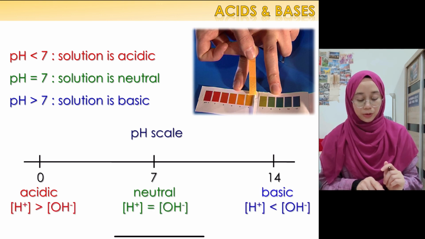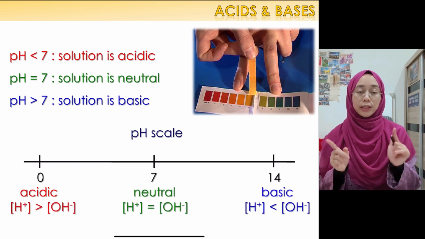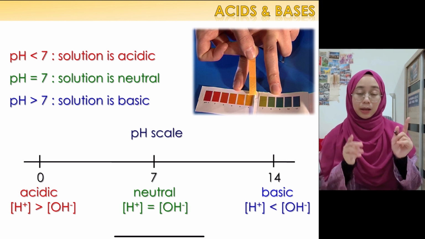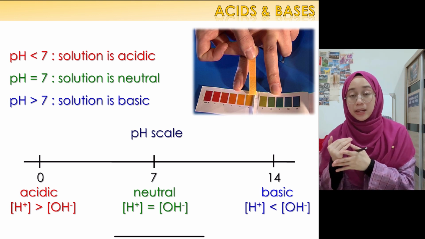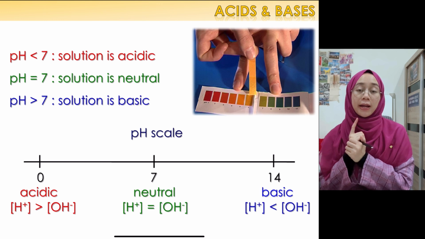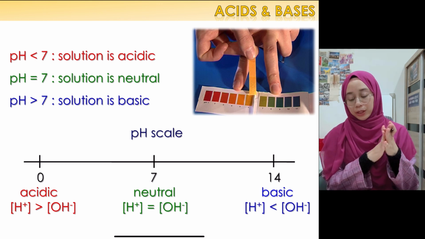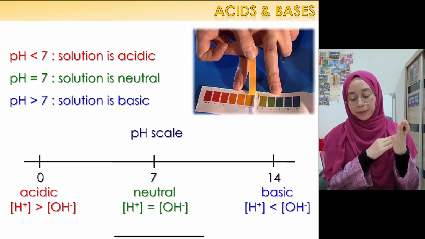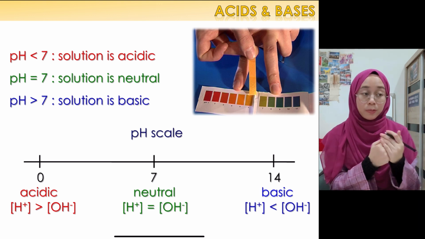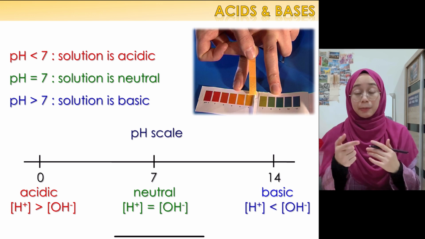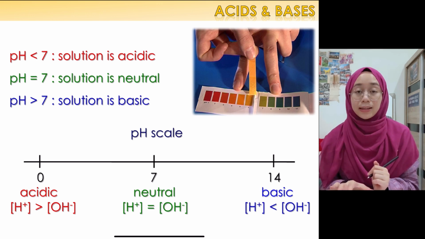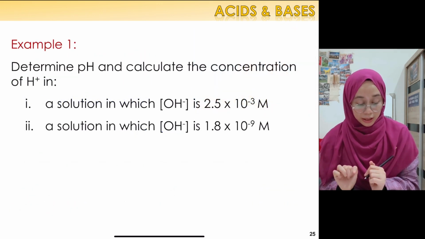So kat sini kita tahu yang kalau dekat neutral bermaksud concentration H plus OH minus adalah sama banyak, tapi bila dia dah less than 7 bermaksud the concentration of H plus adalah lagi banyak compared to OH minus. Meanwhile kalau more than 7 pula bermaksud concentration of OH minus lagi banyak daripada concentration of H plus. Okay, so next part,